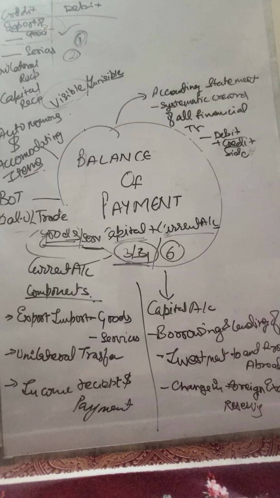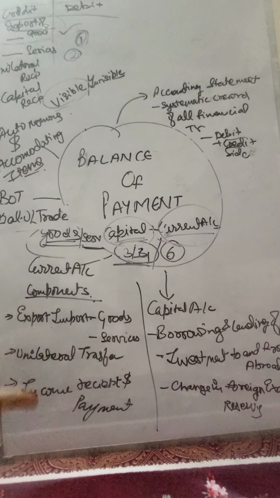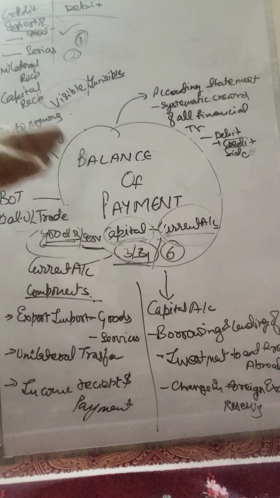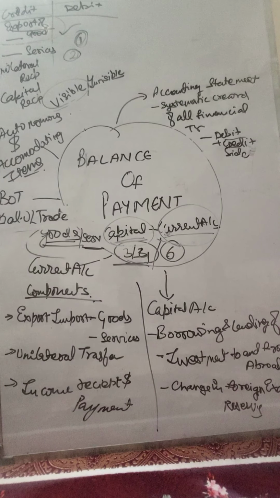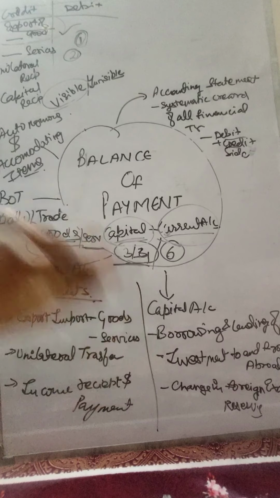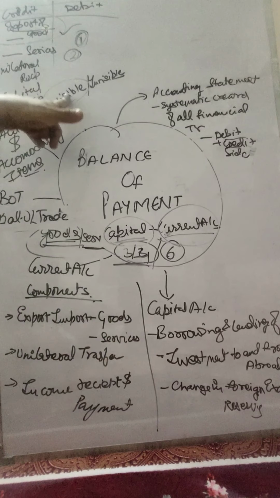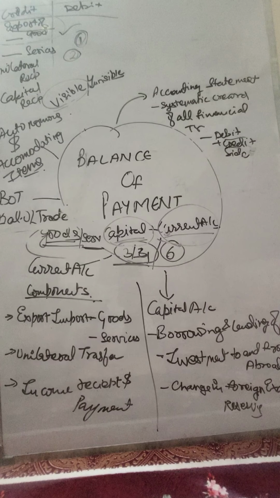So what do we mean by capital account and current account? We will be doing it a bit later. First we'll understand what is balance of trade, and before that, visible and invisible items. Now, as I had told you, we include export of goods on the credit side, whereas import of goods on the debit side. All those transactions that are related to goods, because goods can be seen and touched, we call them visible items. Whereas if we cannot see or touch anything, those are included in invisible items.